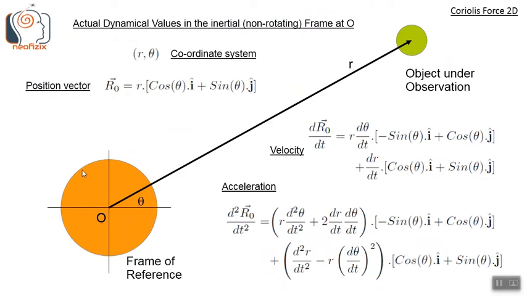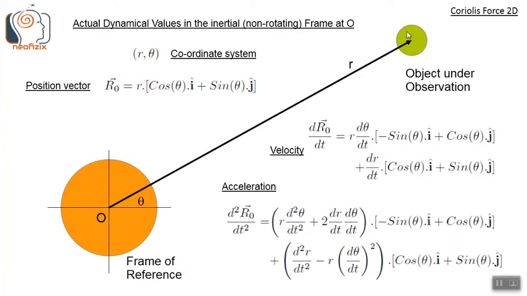So this object here in orangish color is our frame of reference, and point O inside it at the center is the origin of that frame. This frame may be rotating also in some cases with point O as the center of rotation. But first we consider the non-rotating case or an inertial frame case in this scenario. We will use non-rotating frame and inertial frame as synonymous terms in this presentation.